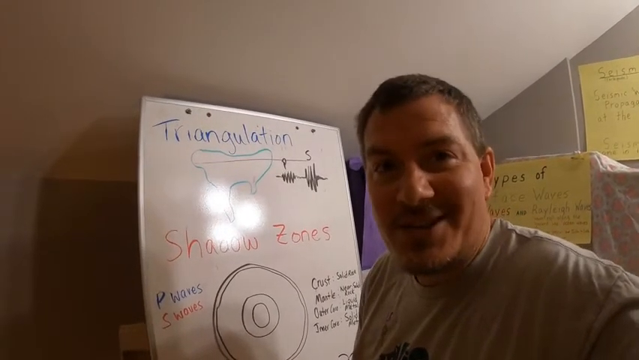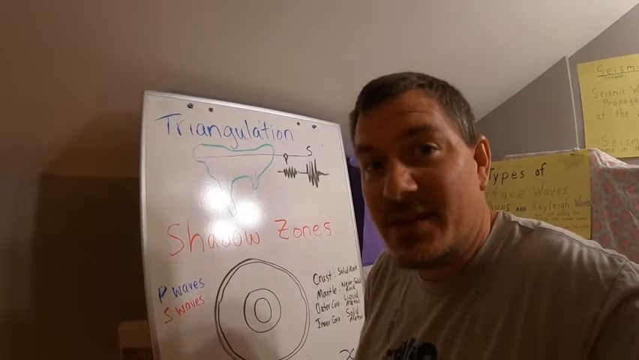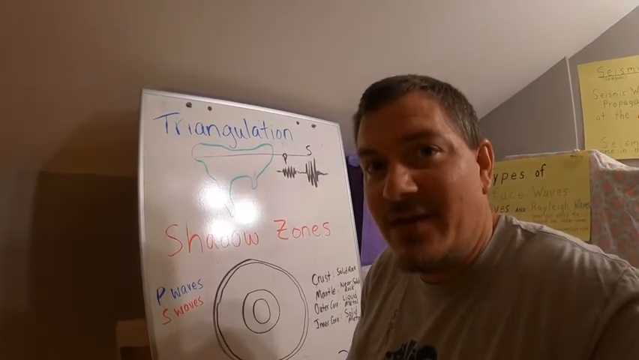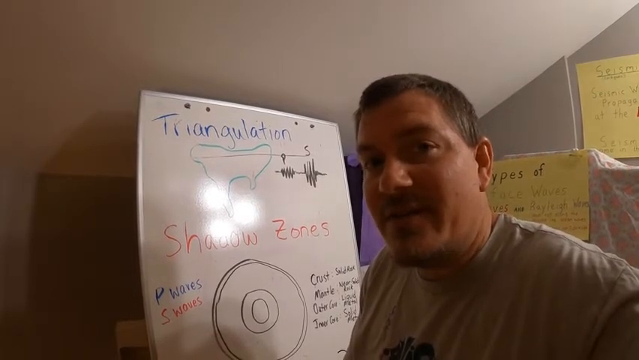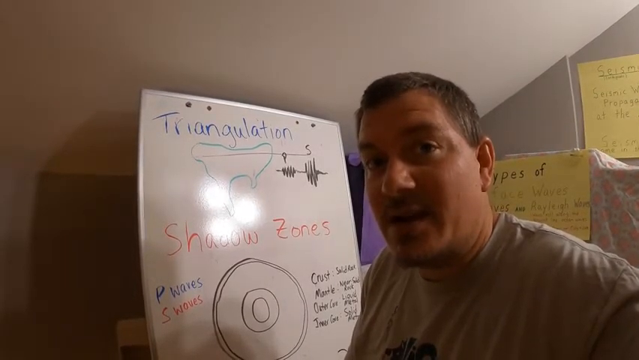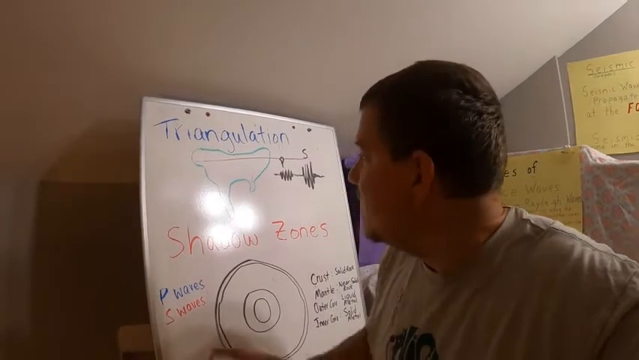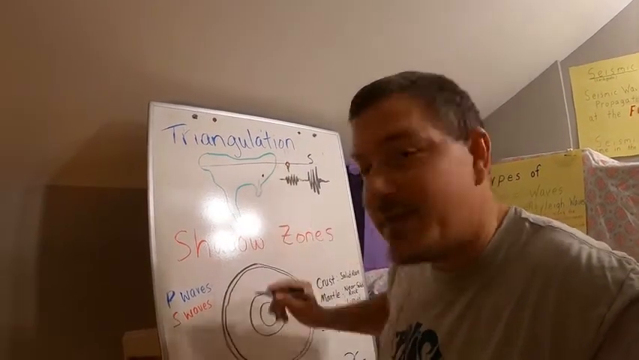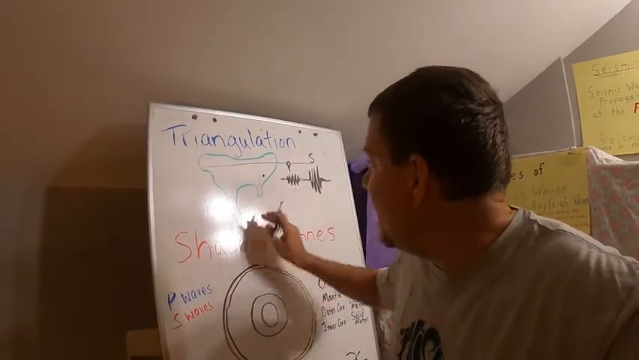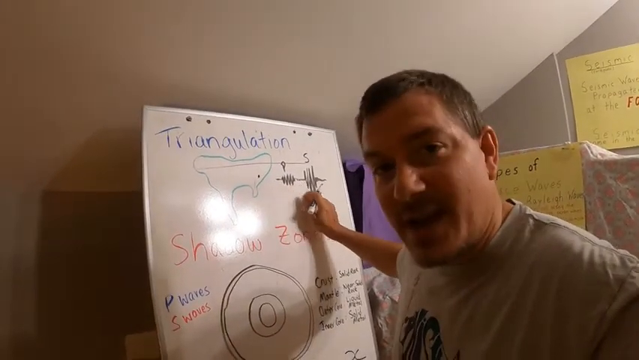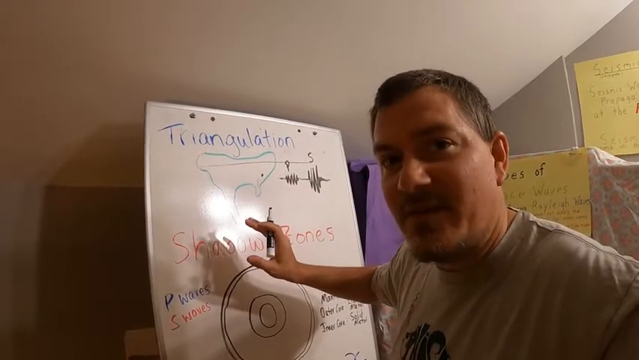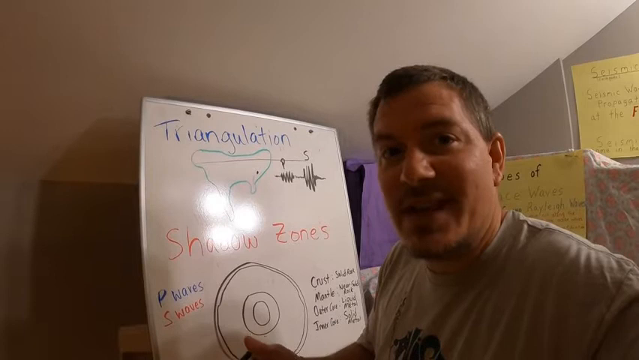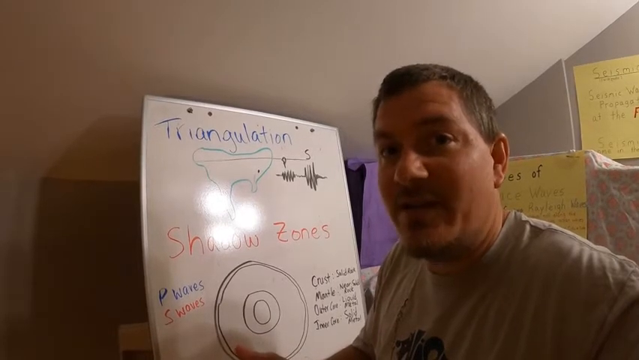Well, mathematicians can take those times, the difference in the times between the arrival of the P wave and the S wave, and figure out how far away from that station that earthquake's epicenter was. So let's say we have a station measuring here in Kernersville, North Carolina. And they get their readings of P waves and S waves. They put them into the mathematic formula, and the formula says this earthquake happened, let's say, 500 miles away from